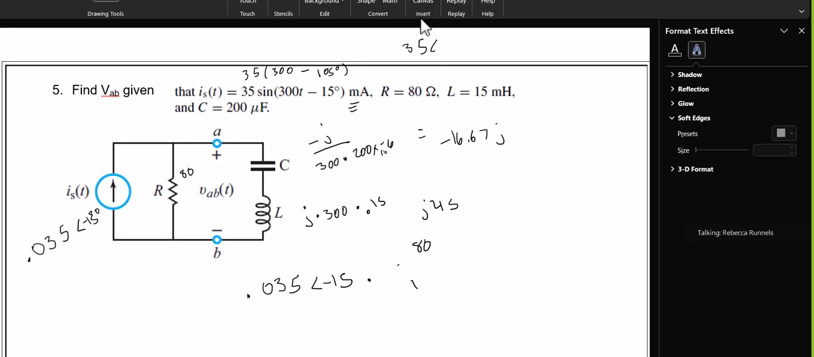So I'm glad you understand. You're right, it's 35 minus angle 105 degrees. So it's cosine. Thank you for catching that. I put a little 0 in there between the 1 and the 5. 105 degrees. So negative 35 times 105 times 80 over 80